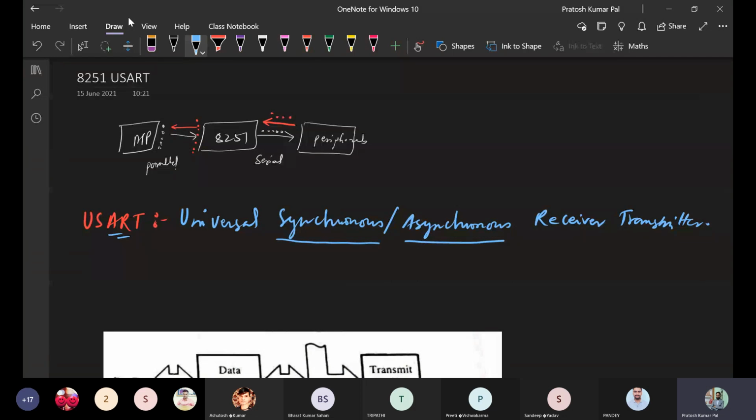Okay. So this 8251 is basically a mediator between microprocessor and the peripheral device. Okay, and this mediator is going to convert a parallel data to a serial data or a serial data to a parallel data. So it will be converting the serial data to a parallel data, the serial data will be from the peripheral, and similarly, if it is going to convert the parallel data to a serial data, the parallel data will be from the microprocessor.